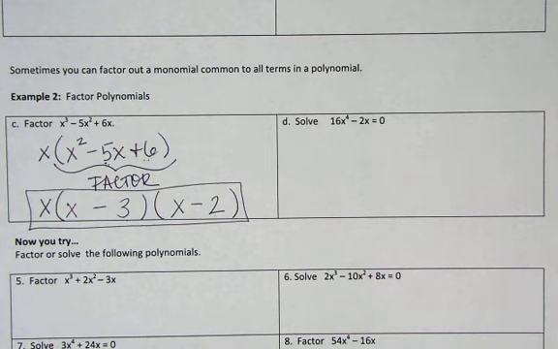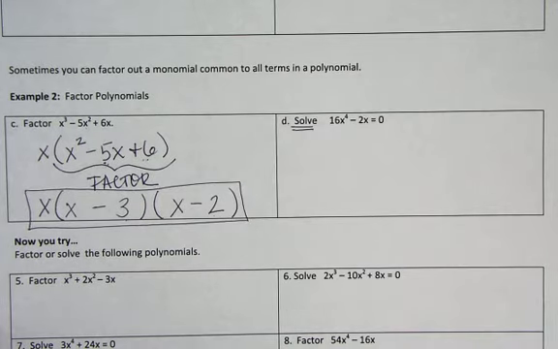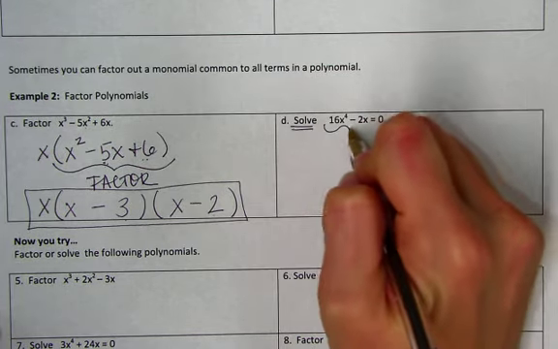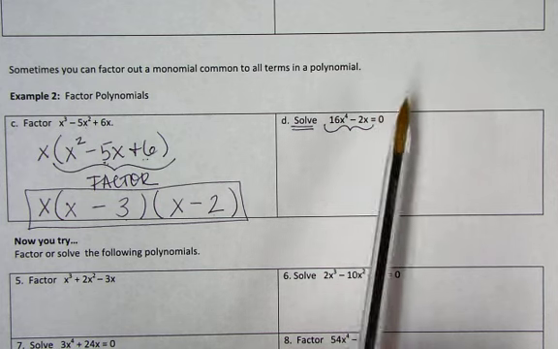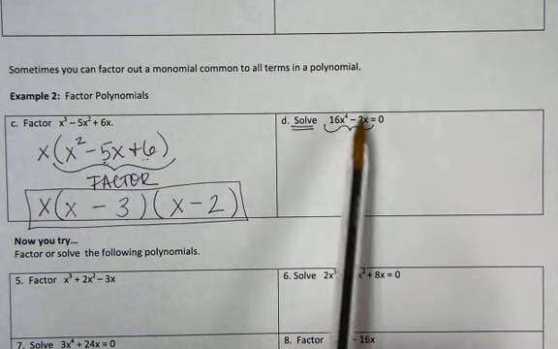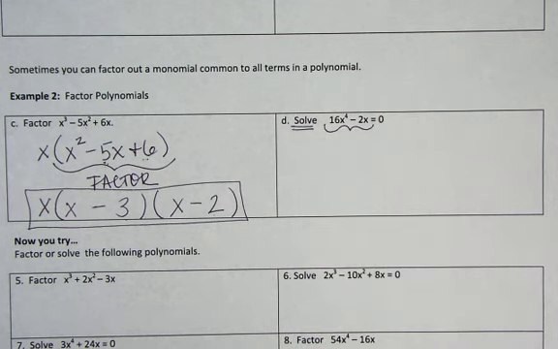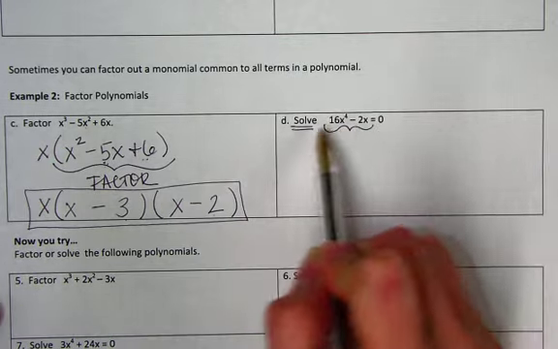In letter D, similarly to letter C, we're going to factor this as well. The difference is they're asking us to solve for letter D, and solving just means at the very end, when we factor all of our groups down, we want to set each of those groups equal to 0 to find out what those x-intercepts or x values are. Again, if we just look at the left-hand side, since it's already being set equal to 0, is there a value or values that I can pull out of both of those terms? If we look closely, we notice that we can actually pull a 2x out. So when I pull a 2x out,